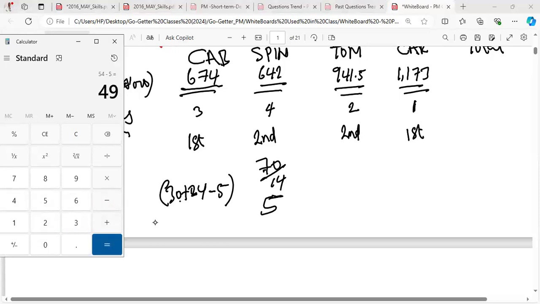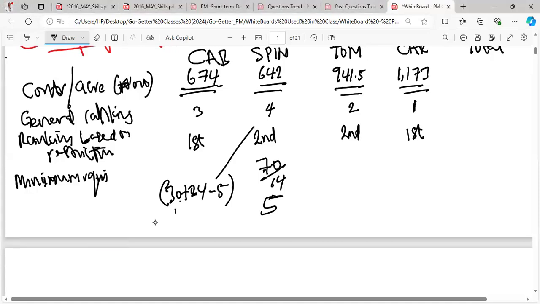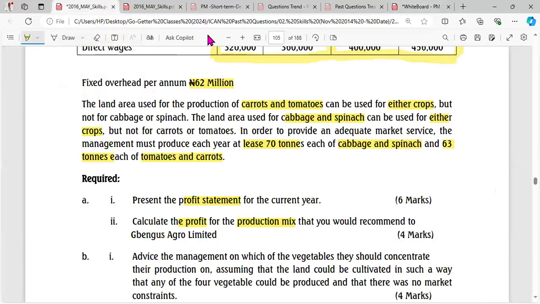That means I will have 49. I'll have 49 here. Let me bring this 5 down. So this is 5. This is 49. Now the same thing here. You are told that you need